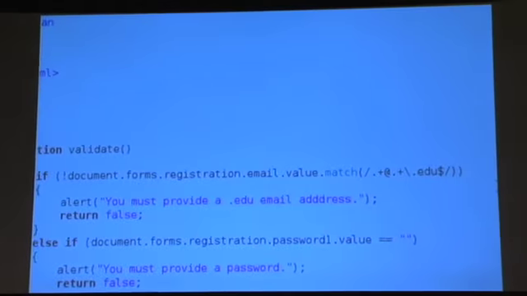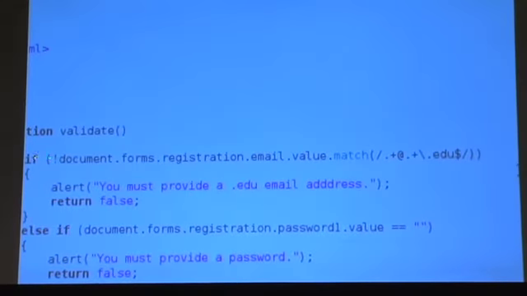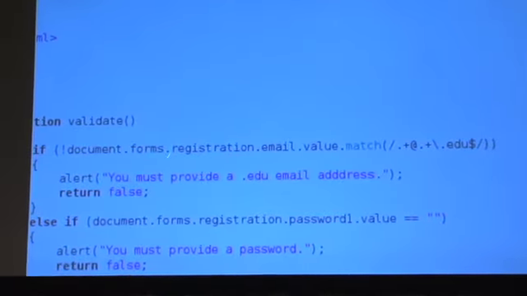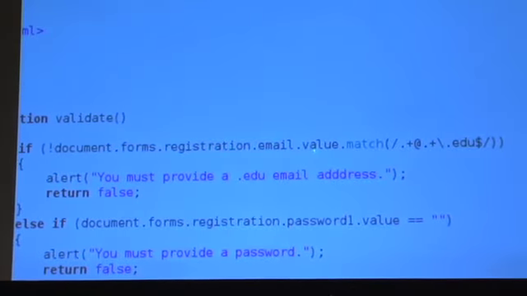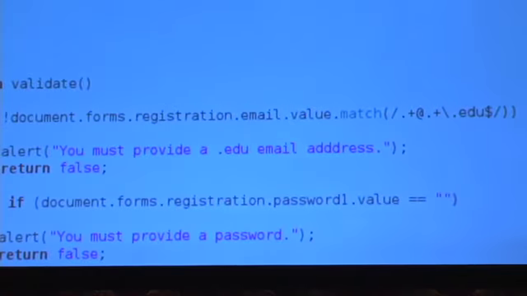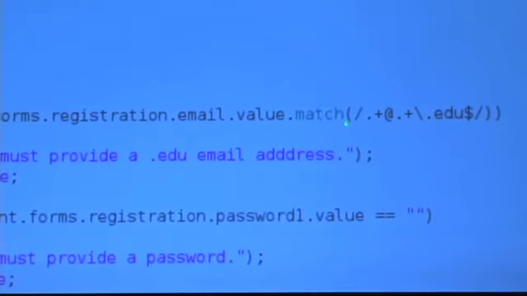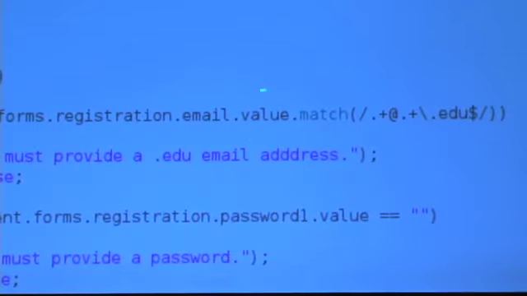And in JavaScript, the syntax is this. So notice this expression now. If it is not the case that document.forms.registration.email.value, so here's another new lesson. Whereas in C, once you have a variable like a string, that is a data type, you can only look at its chars and the like, but there's no functionality built in. Notice here that email is the name I gave to my input called email. But I apparently am going one step further, and I'm actually calling a function. .match means go inside of this DOM node, inside of that rectangle, and call the function called match.